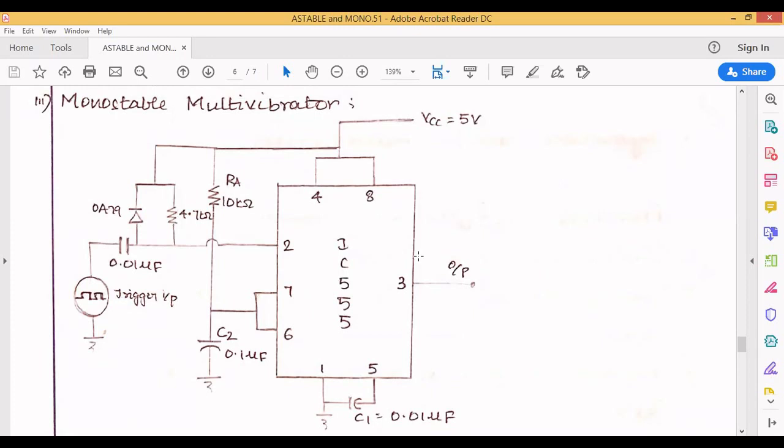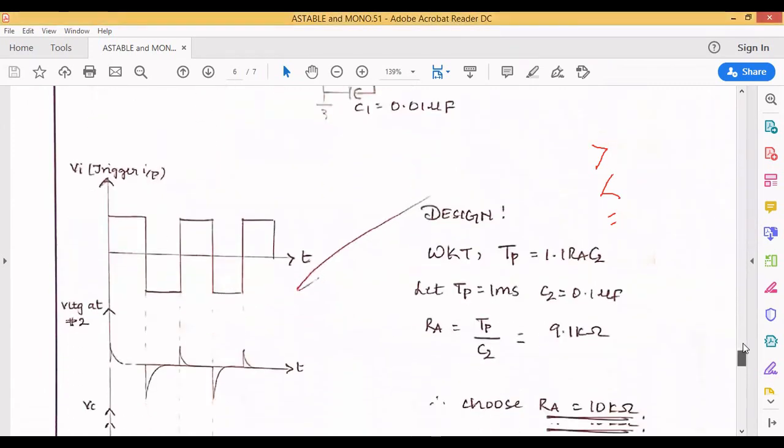So here also we are considering three cases. Those three cases are greater than 50%, less than 50%, and equal to 50%. This is with respect to duty cycle. These three cases also we observe by just changing the value of the triggering input. Okay, so by doing so, you will be getting the values.